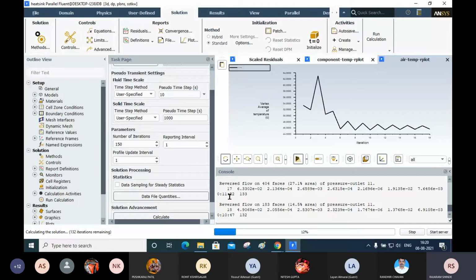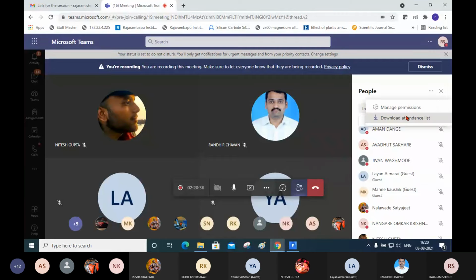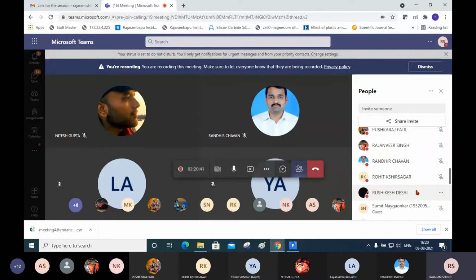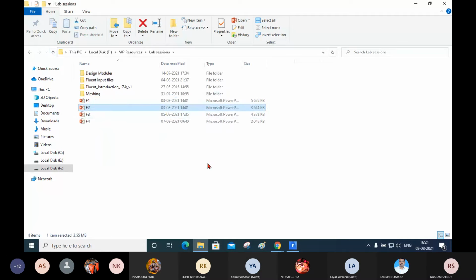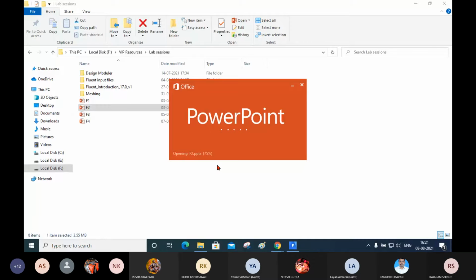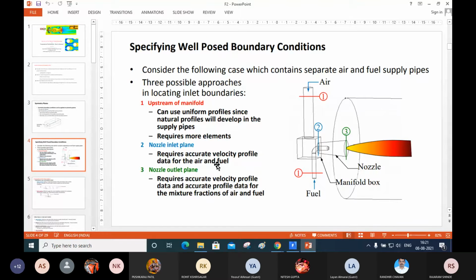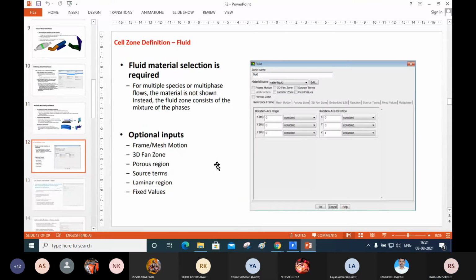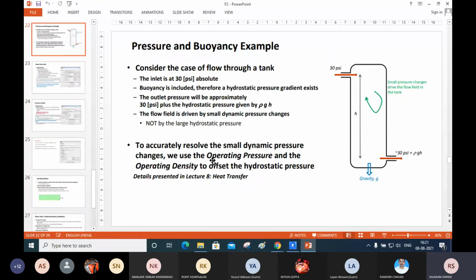Any other? This I have explained. Where is pseudo transient? I will show you that.